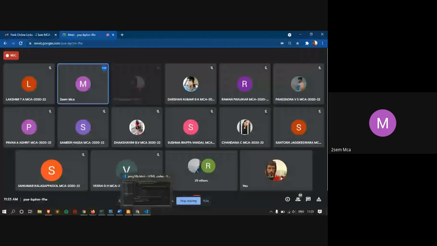Rupak, I'm not able to see. You have not shared the screen. Ma'am, I've shared. Stop sharing and share it once again. Ma'am, now is it visible? Yeah.